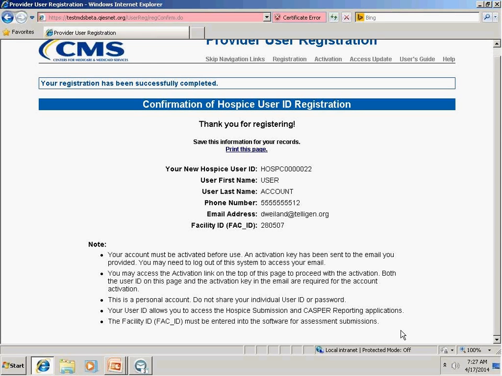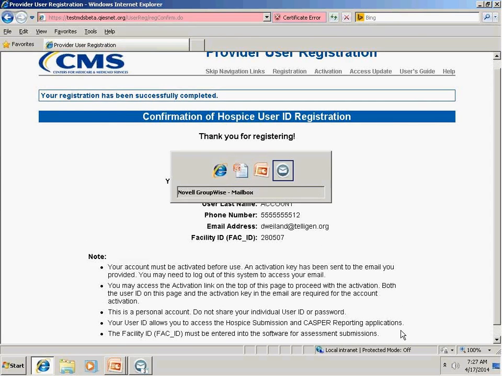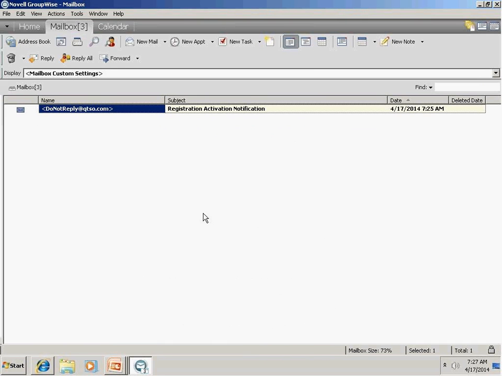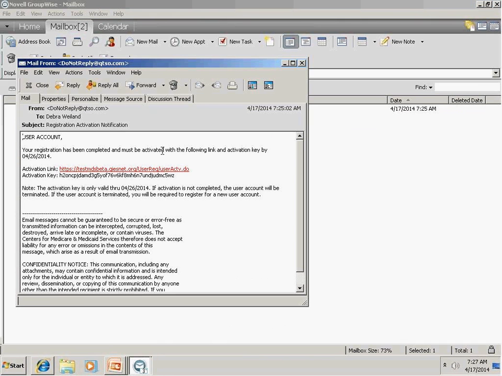You will receive a confirmation email to the email address you supplied during the QIES user ID registration process. The confirmation email provides you important information about activating your new QIES Hospice user ID. Included in the email is the following information: